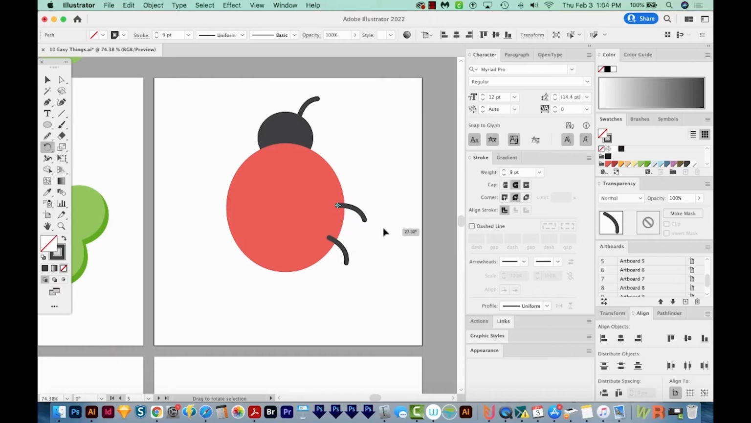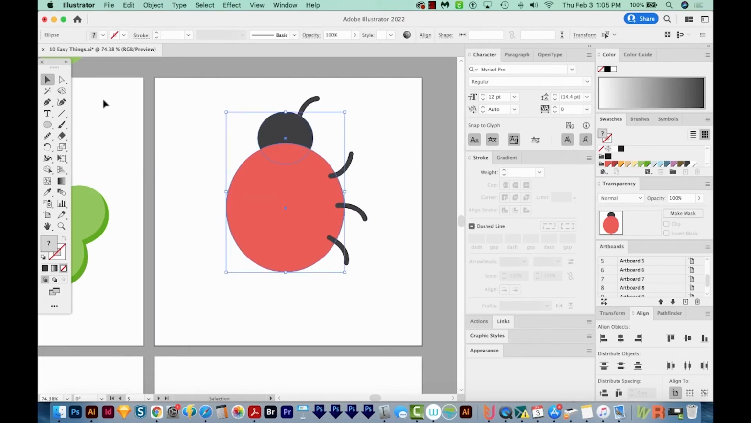And then I'll just move that up like that. And then for the last one, I'll do the same thing, and I'll hit R to get it to rotate the opposite way. I'll hit V to get back on my selection tool, and I'm going to place that right there. Now I'll select these two shapes with my selection tool, and I'm going to bring those to the front,